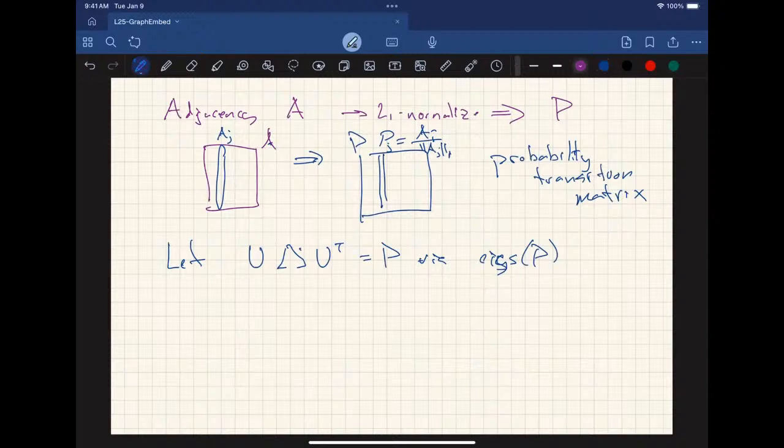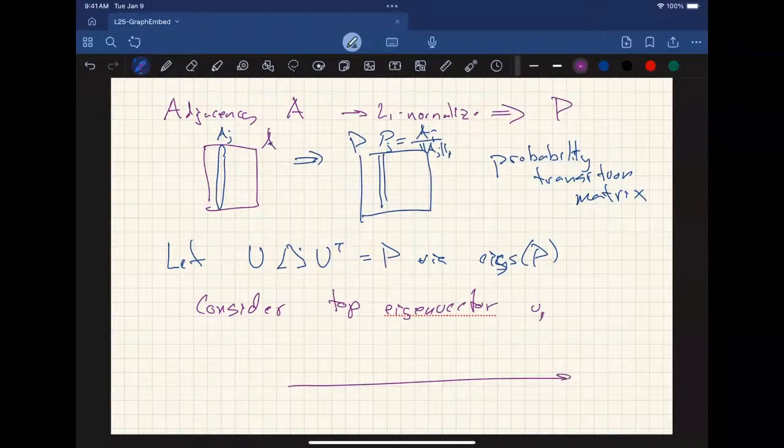And again, now consider the top eigenvector U1. Okay, so if I do the eigendecomposition again and take the top eigenvector, what this allows me to do is to draw everything on